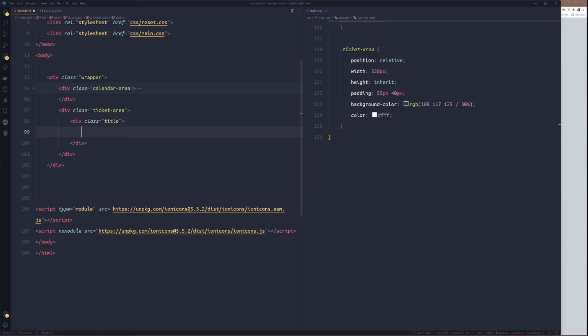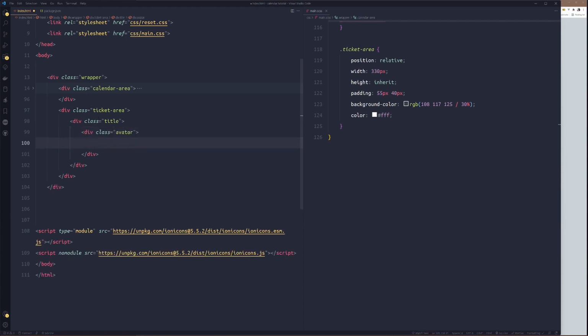Inside this title, we'll get the avatar. In the avatar, we'll get an image, assets/avatar.png. Then the alternate text could be avatar image.